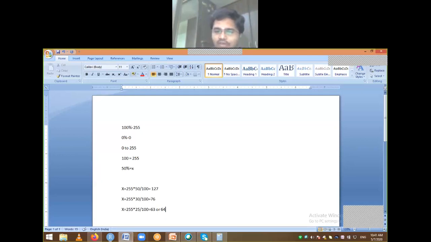Okay, so like that, depending on how many bits we are using. I said we are using 8 bits here, 8 bits to represent that particular digital number. So I have values from 0 to 255. For example, if I have 10 bits, you need to consider 0 to 1023. Accordingly, these values will change. 127, 76, 64, all these things will change according to that particular value. Okay, so that's what we are showing here.